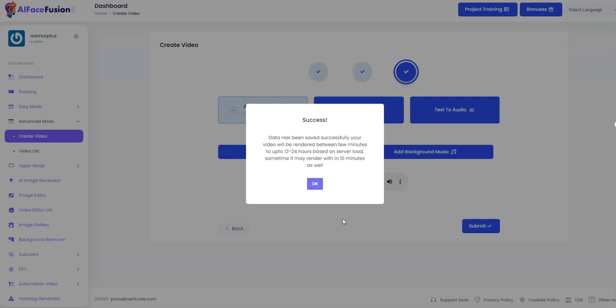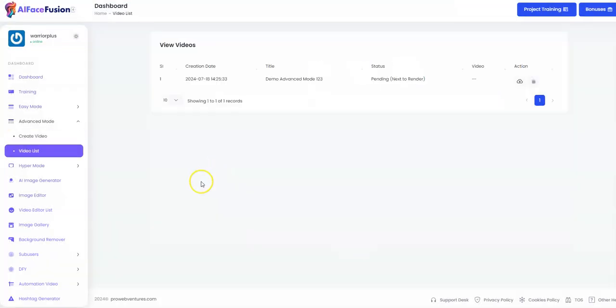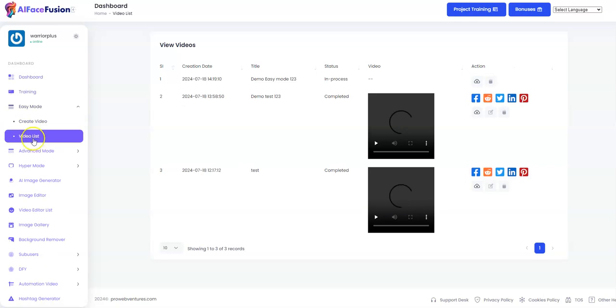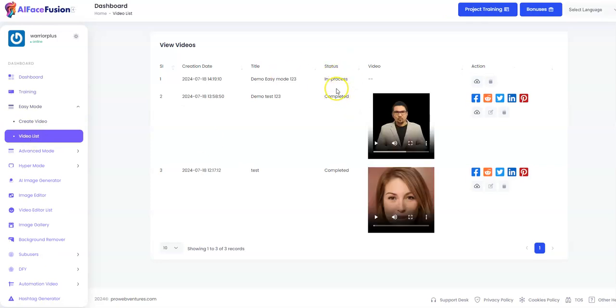It can take up to 12 to 24 hours depending on if the server is very, very busy with a lot of load on it. So let's just move to the next section now. If I press OK, this will take me to the gallery of the advanced mode, and within no time that will get saved. So let's just check the previous one that we generated. It is under process, so within some more time that will get done. We'll get back to that one, and let's move to the next section right over here, which is the